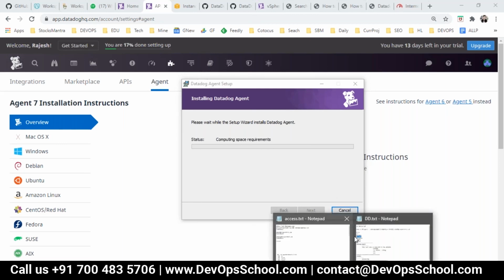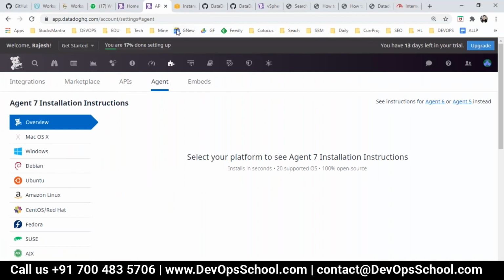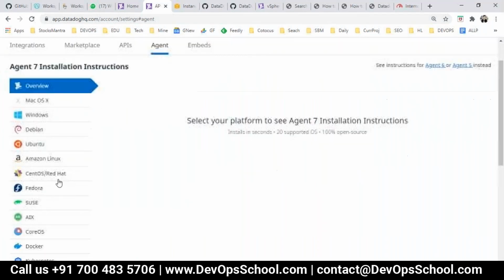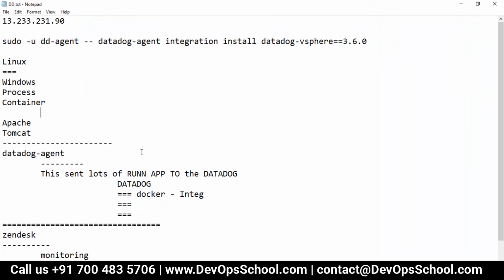Okay, now guys, the next thing I'm going to do is container monitoring. I wish I had been a little faster, but it's okay. So guys, for container monitoring, mind it, this is a very popular integration available in Datadog, which will monitor your containers. The question is, monitoring is okay, that can be set up in a few minutes, but how to install the integration? For that, there are some steps which you need to follow.